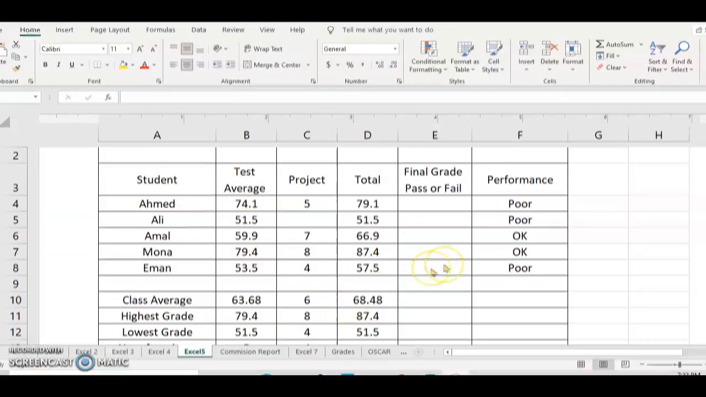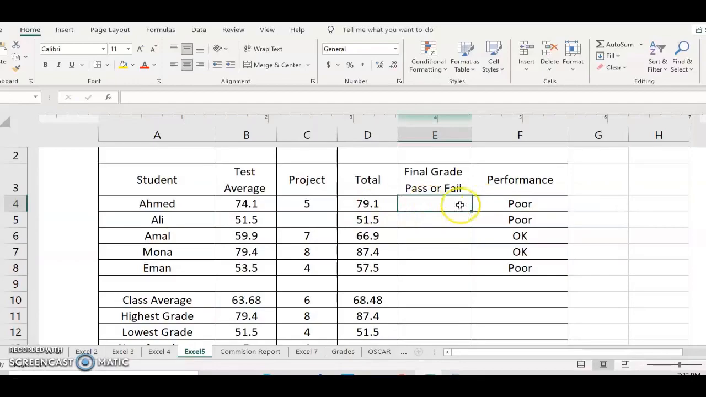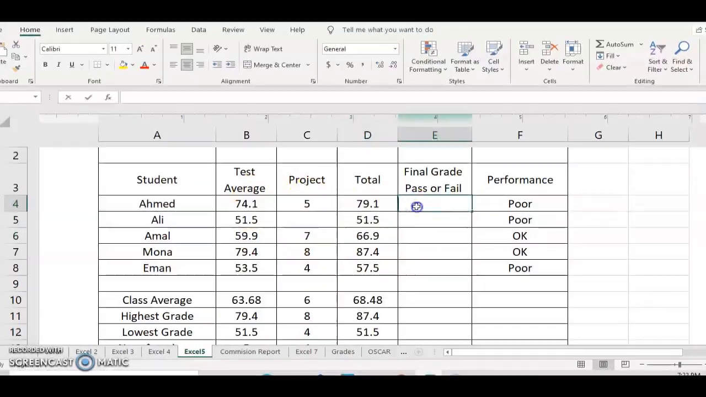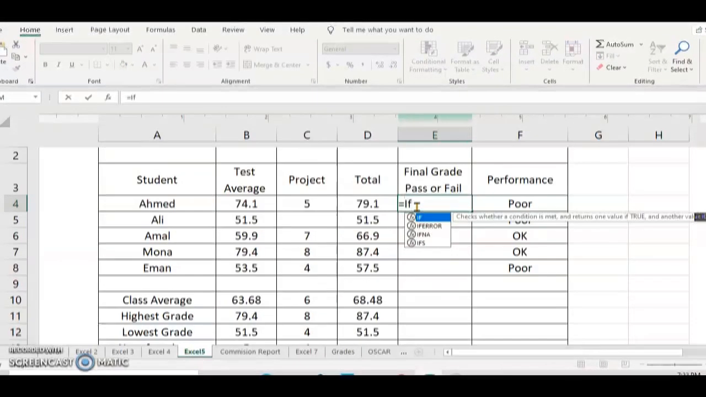In this example, we want to determine if the student passed or not, and the student must have 60 or up in order to have a passing grade. To execute this one, we need the total first, and we get the total by just adding the test, average, and project. Then you type here equals IF